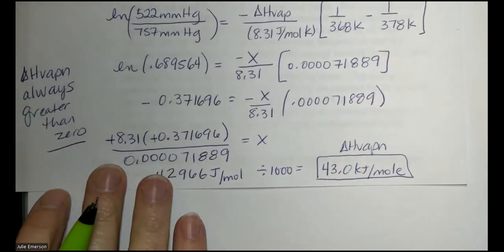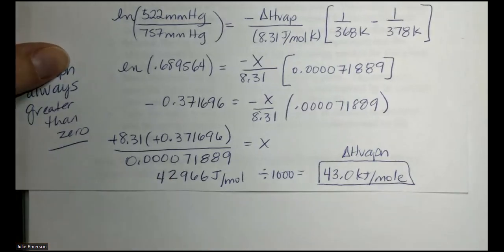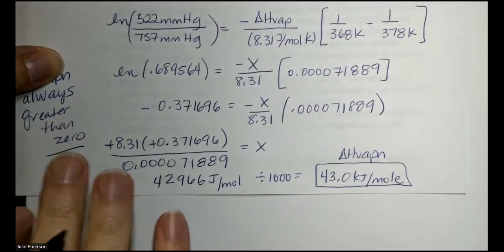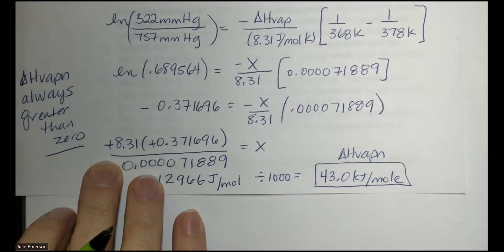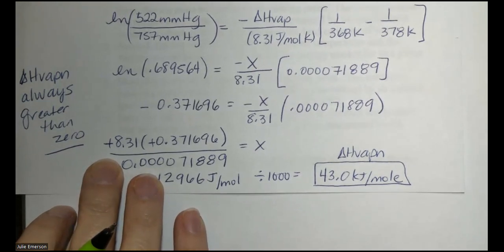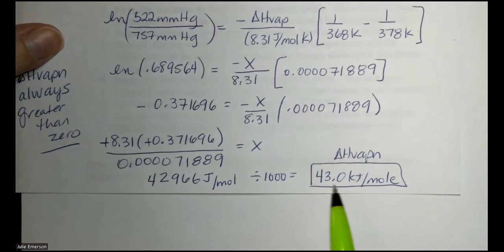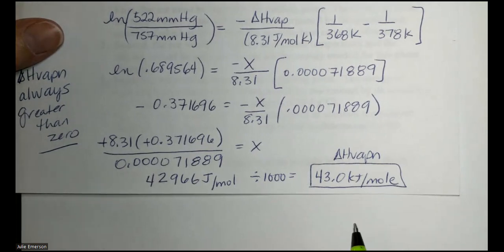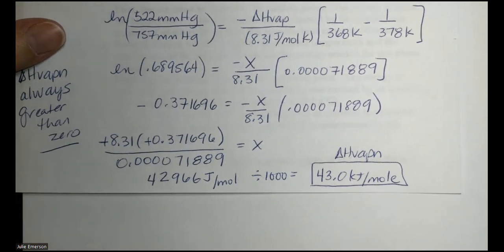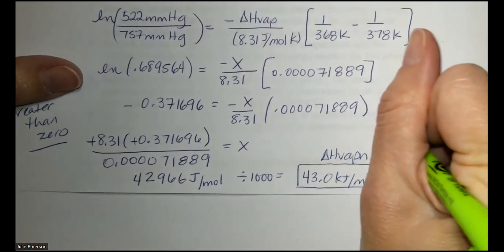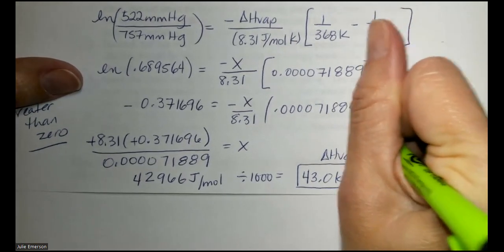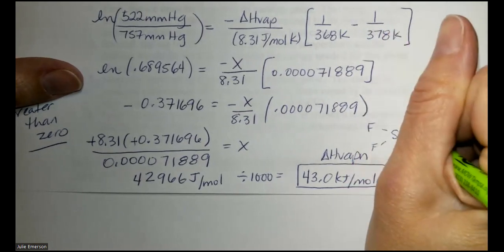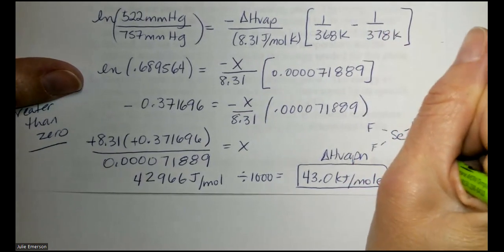All right, so for selenium tetrafluoride, that's what we would be looking at. So just to tie in some things here, what we talked about with intermolecular forces. This question we just did had a heat of vaporization of 43. The last example we looked at had a heat of vaporization much lower, of 26.8. What's the difference? Okay, so selenium tetrafluoride, if you go through the Lewis structure, what you end up with here